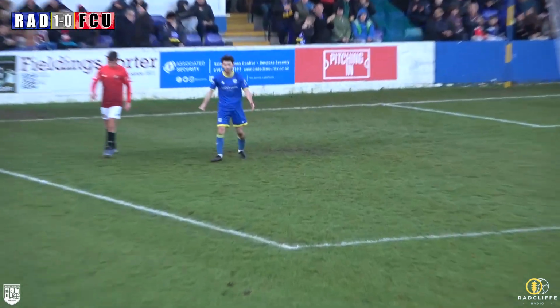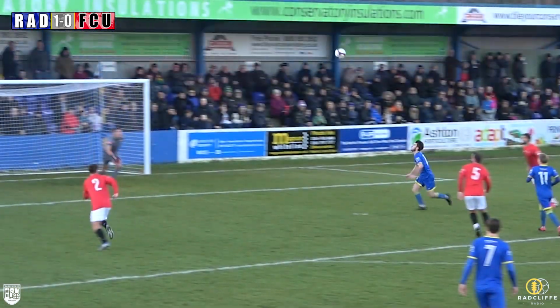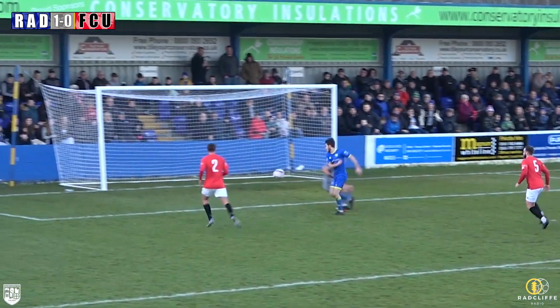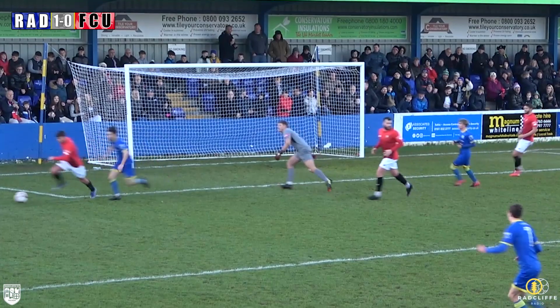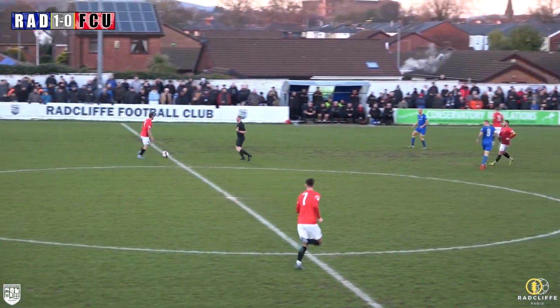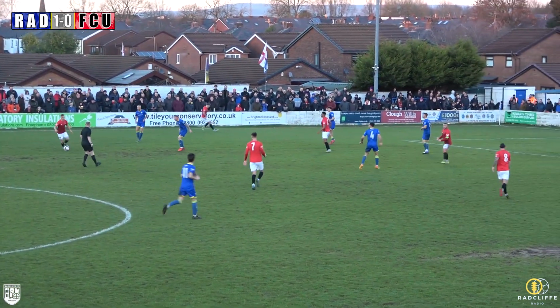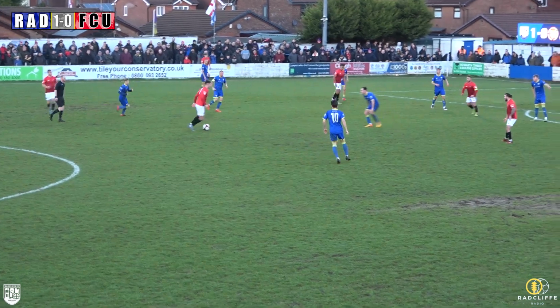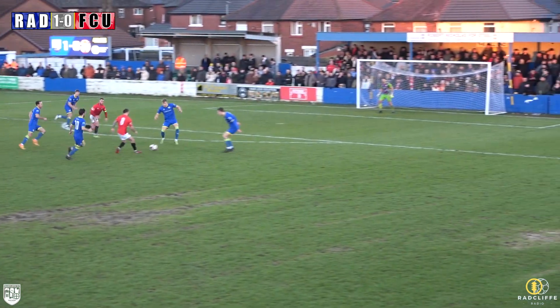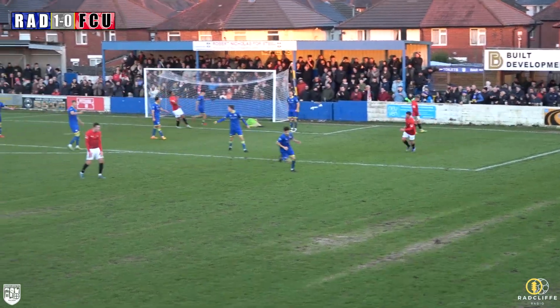Closed down brilliantly there to narrow the gap by the FC United of Manchester goalkeeper. Luke given far too much room in the area there, as the ball dropped out of the sky for him. And FC United pick up the second ball through Donahue. Donahue, he's got Armstrong coming forward now. Callum Gribbin to Potts, sends the ball forward to Ennis, and it's a great save once again by Tom Stewart,